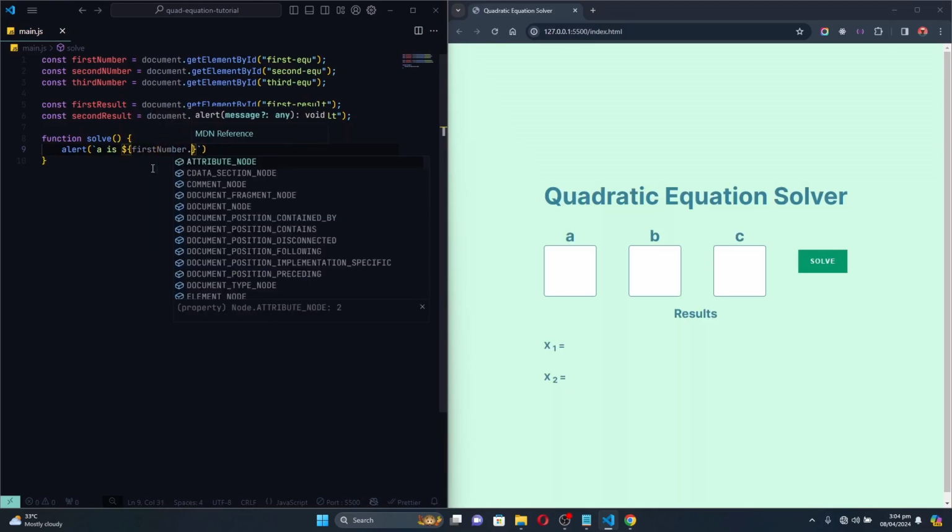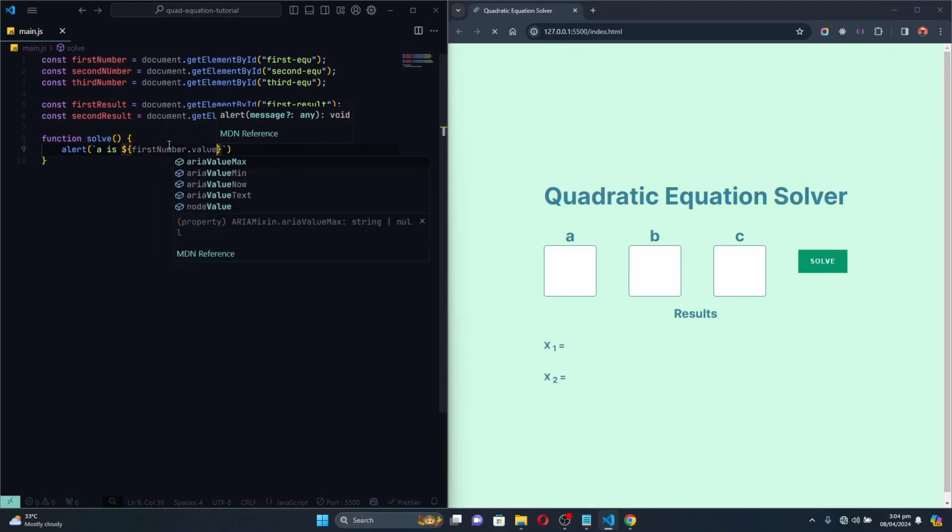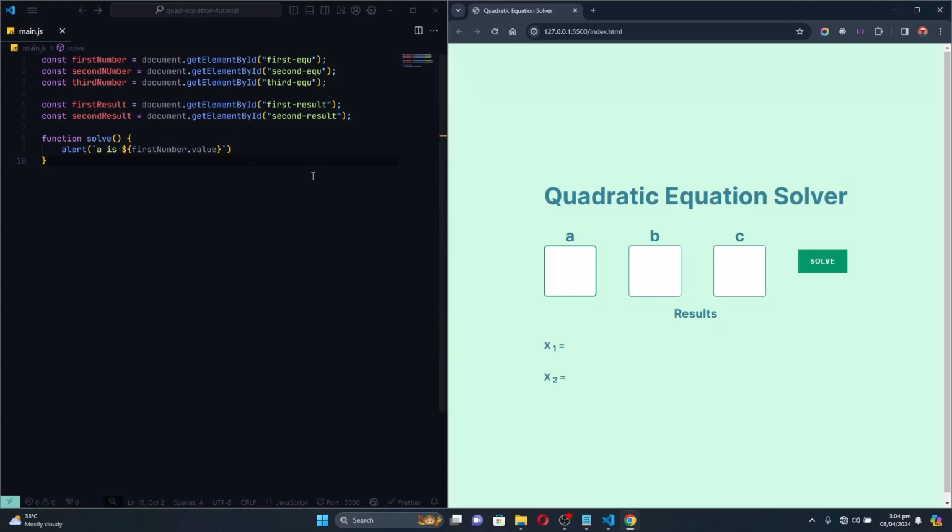number dot value. If I were to write just first number, it will give me an error, because I want to get the value, what's in this one, not just the first. If I were to write the first number, it will give me the code for the first number. So let's say A is first number value, B is